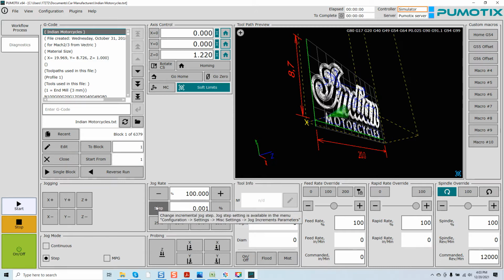Now if I click this button, you can see I'm at 1/1000th of an inch right now. If I click it again, it's going to incrementally go up higher. Okay, and we keep clicking it, and if I click it again, it goes to 10, and if I click it again, it's going to go back to continuous mode. And why it's doing that is because the incremental mode is getting larger and larger, and you'll see we'll get to 10 inches,